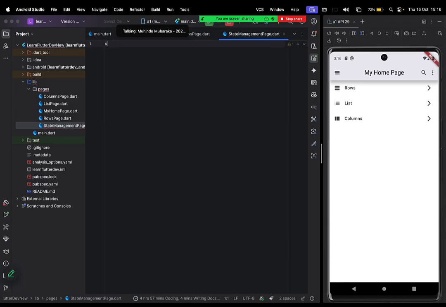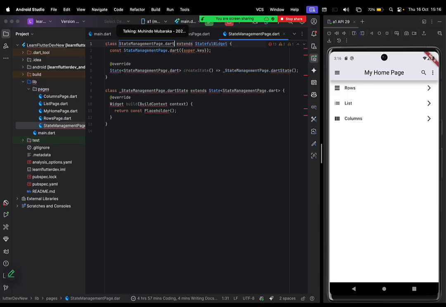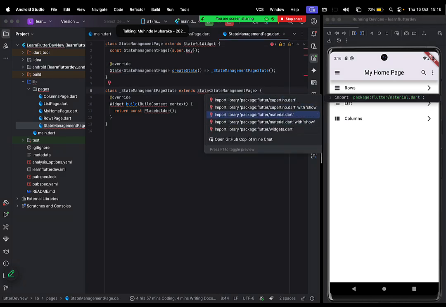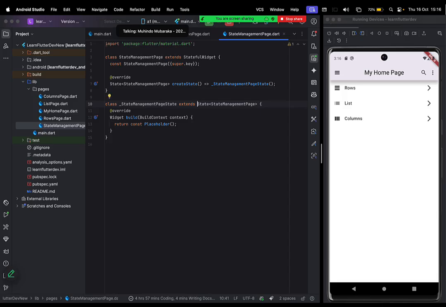widget. So you just type st full like this, stful, and then press enter, and then write there the name of the screen, how you want to call it. Go ahead and click on this state, and then import the material package. Now let's examine what we have here. We have two main classes here. We have the stateful widget class. I mean, we have our page extending the stateful widget class, and we have another class that is extending the